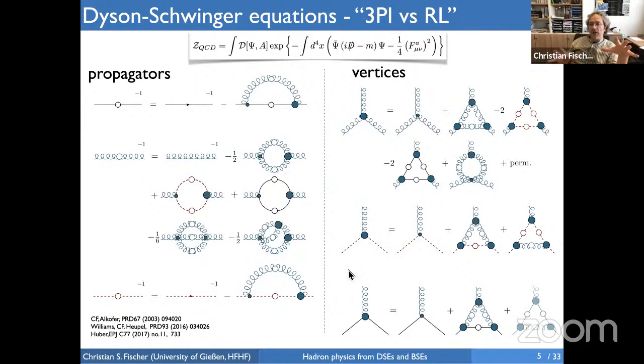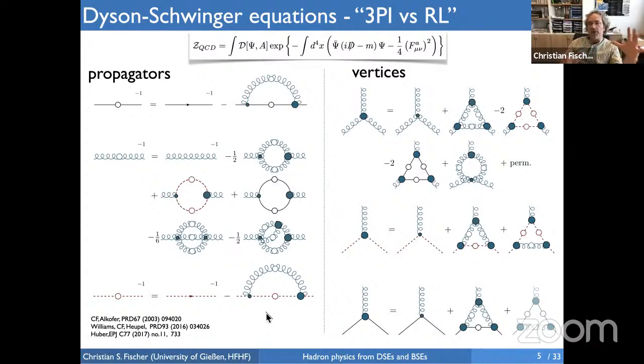What you see here is still a tremendously complicated problem, and not many people up to now have actually achieved solutions of these type of equations. But this, and corresponding truncations in other frameworks, is the most advanced calculation which we can do in this framework. And this particular combination has been solved by Richard Williams first in 2016. And there are similar ones which are solved by Markus Huber quite recently. And there is work in the related framework of the functional renormalization group, which is of similar quality.